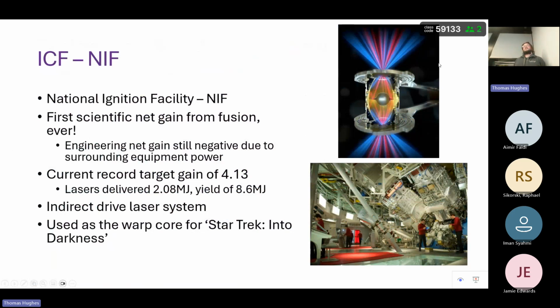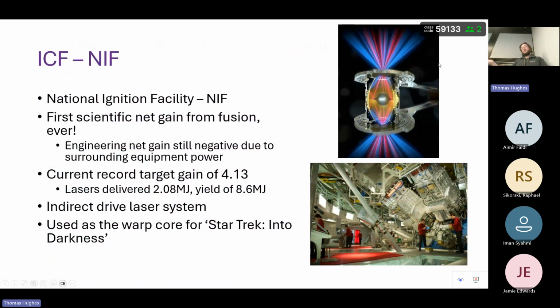The engineering gain is still negative because of the amount of energy the lasers draw. So it's not actually a full engineering positive, but it is a scientific positive. They use indirect drive, which we saw on the other page. And if you've ever seen Star Trek Into Darkness, which is the second new Star Trek film, they use this